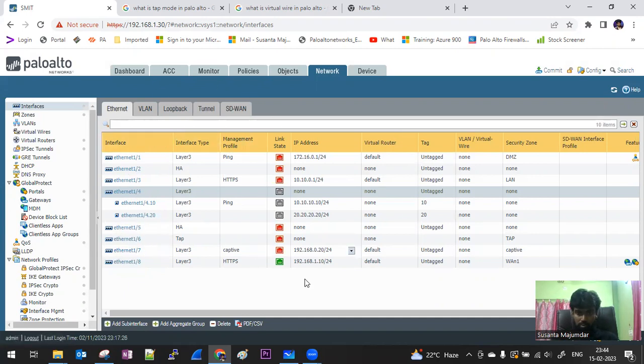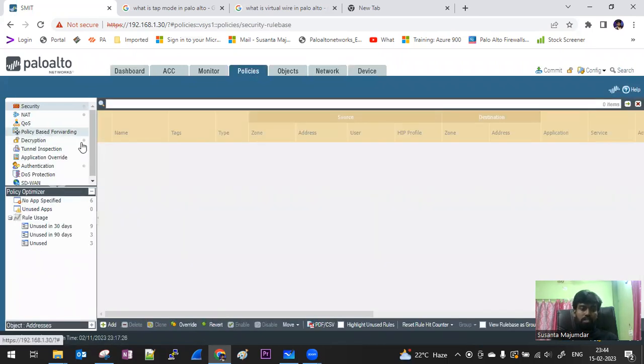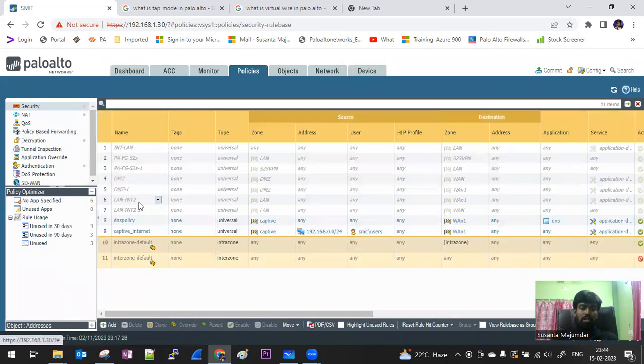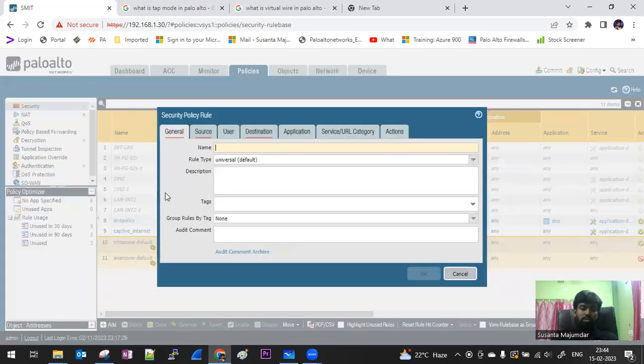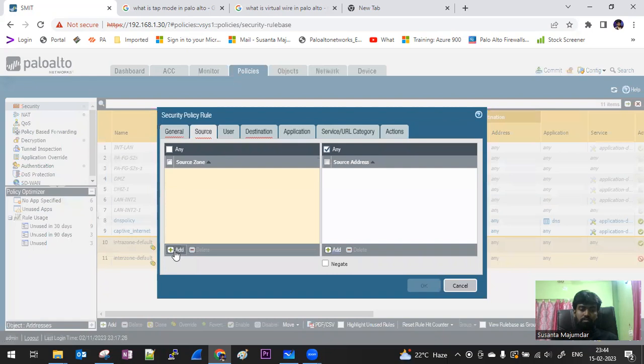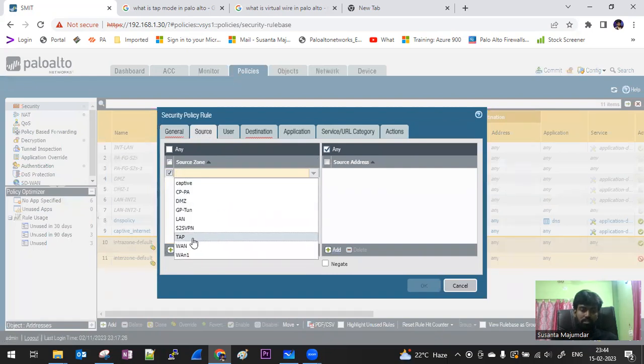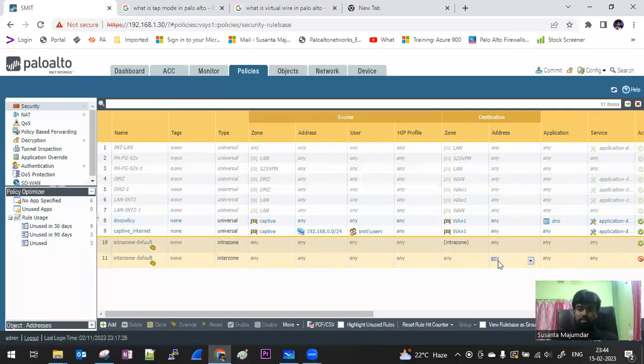Once you have created a sub interface, you also have to create a zone based on it. I am not creating any zone here, but definitely, when you are creating a sub interface, you have to create a zone, and then you can create a policy based on this sub interface as well. See, there is a tab mode where you can create policies. If I'm creating a zone, then it will work as a